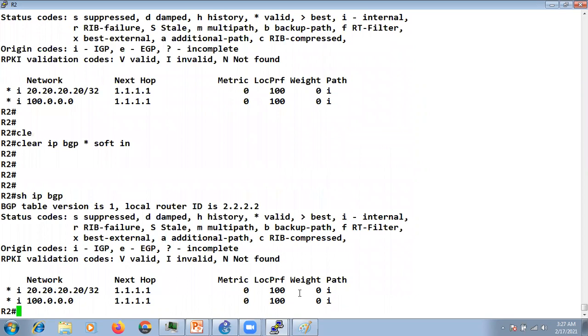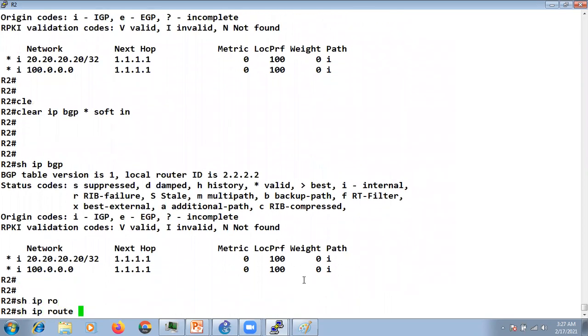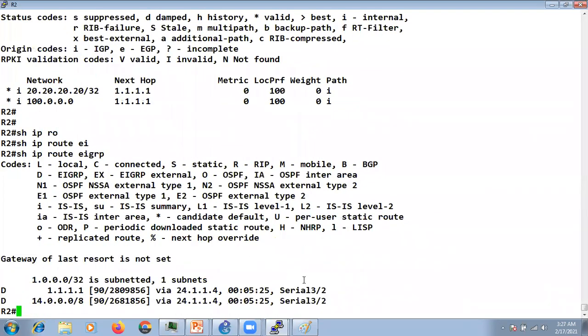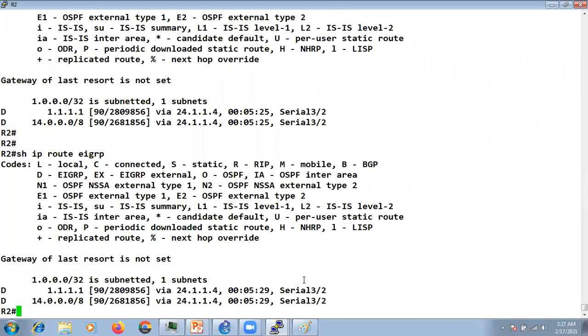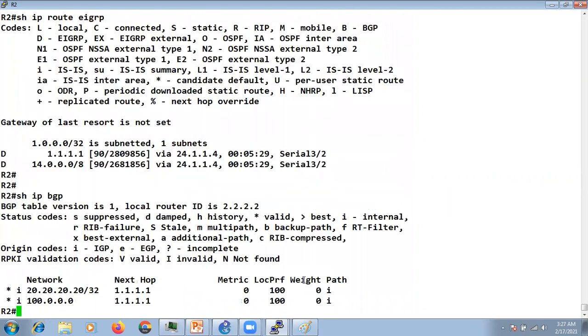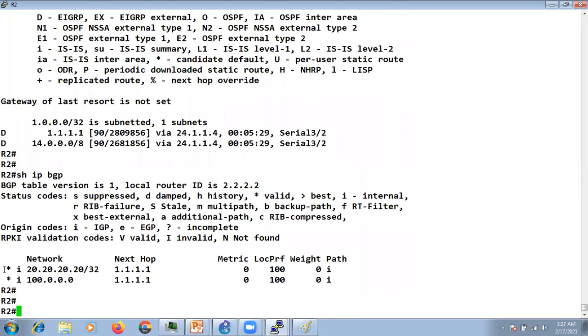Show ip bgp. Show ip route eigrp. Now you can see in the BGP table, the routes are valid but not best, for example 20.20.20.0, because we have enabled synchronization.